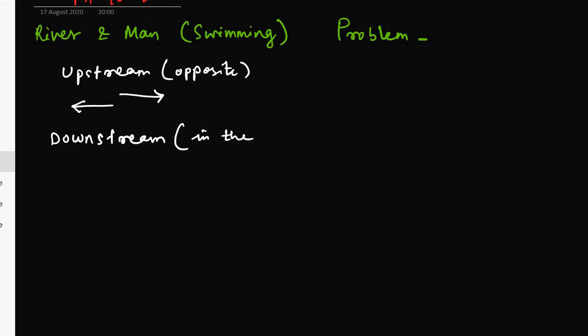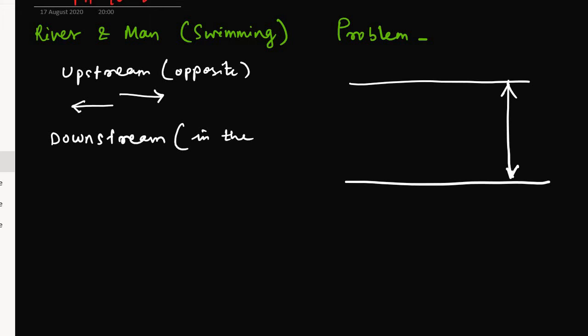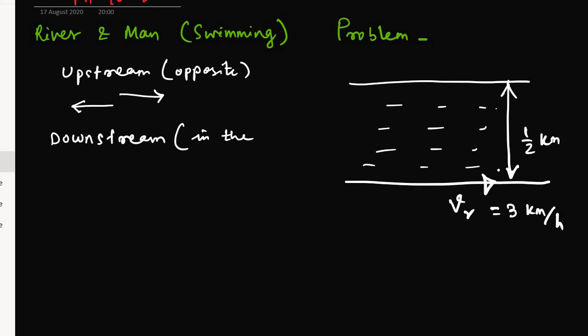When I draw a diagram, it is for conceptual thing. I will draw the diagram as this. This is the river. So the width of the river is half kilometer. I know that. Okay, I have drawn this. Now somebody is trying to go upstream. What do you mean by upstream? So if this is the river, then the velocity of the river is in this way only.